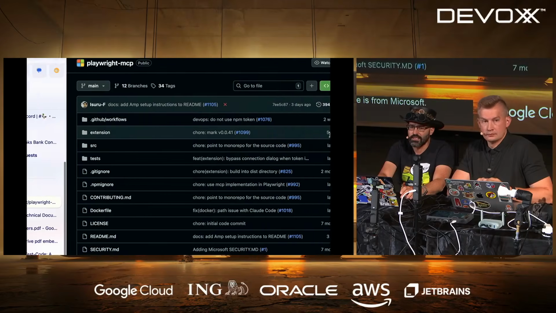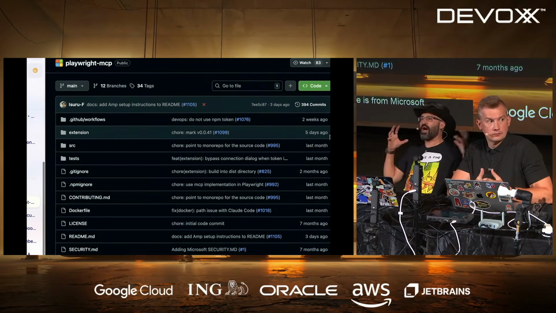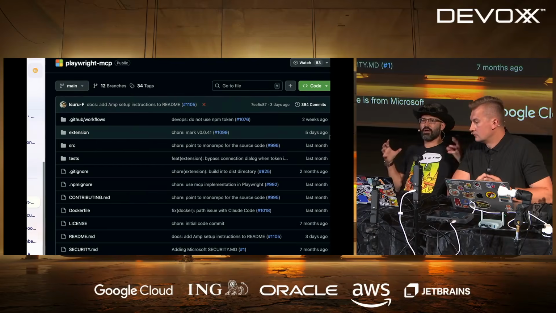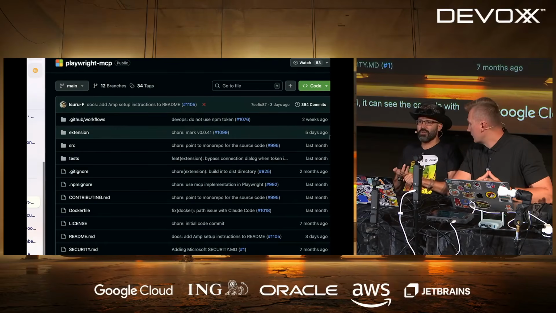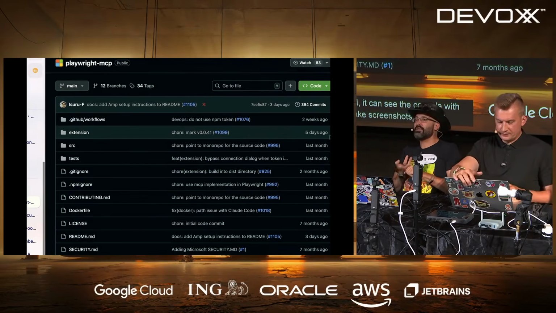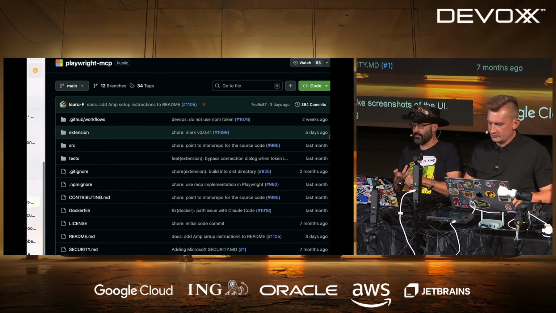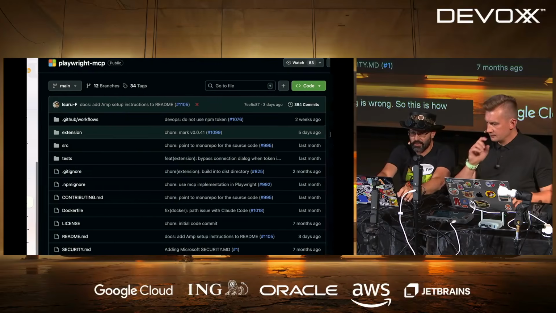What it does is it can fire up a browser that our model can interact with. It can analyze the document object model. It can see the console with all the errors. And even more exciting, it can take screenshots of the UI and then see that something is wrong. So this is how we're actually going to test our UI using the Playwright MCP.